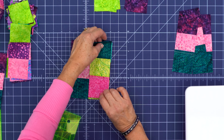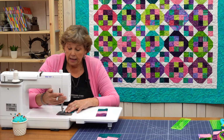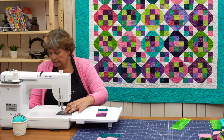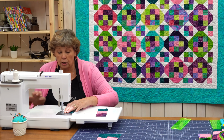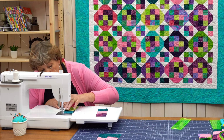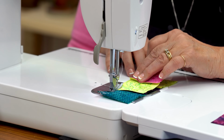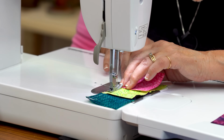So what we're going to do then is we're going to lay these together, and we're going to sew 1/4 inch down the side, and we're going to match up at these little seams all the way along as we go along. So I'm coming here. So 1/4 inch, nest your seams,